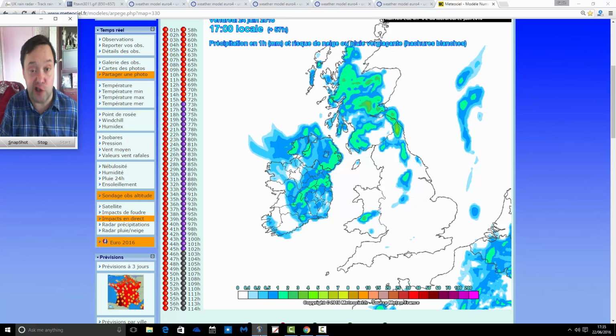However, we've got a risk of thundery showers then from the north and west on Friday, Saturday and Sunday. Not from a plume type scenario, but just generally big showers building up in the summer sunshine. So it really is for the southeast that we're looking at this thunder risk. It's for East Anglia, southeastern England, and particularly in the very far southeast, probably in the early hours of the morning. Kent, places like that, I think could well be woken up by thunder and lightning in the early hours,